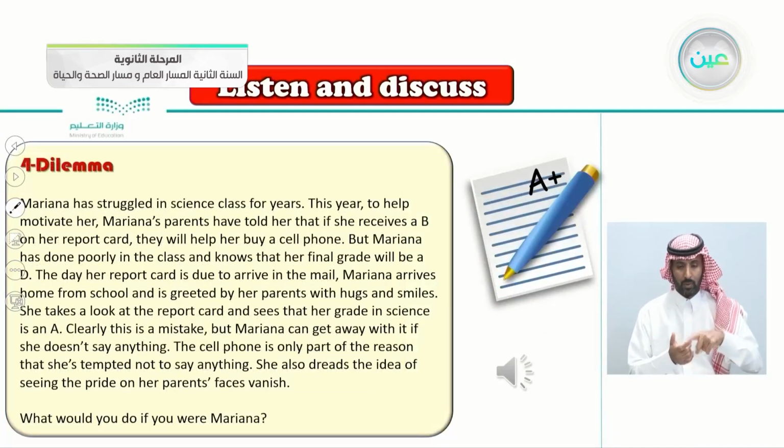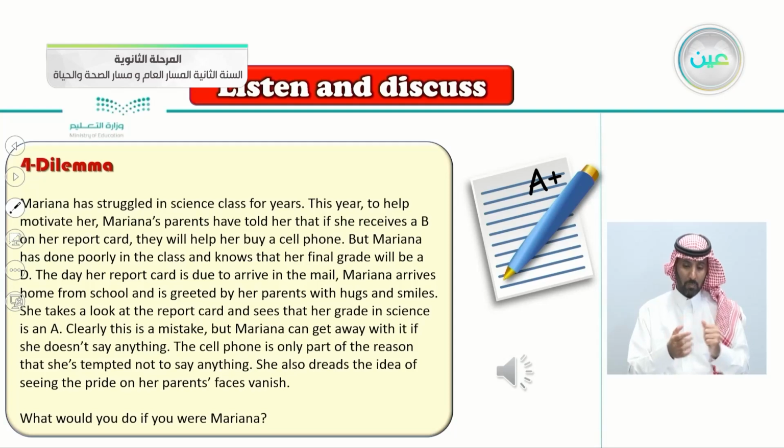Dilemma number 4. Mariana has struggled in science class for years. This year, to help motivate her, Mariana's parents have told her that if she receives a B on her report card, they will help her buy a cell phone. But Mariana has done poorly in the class and knows that her final grade will be a D. The day her report card is due to arrive in the mail, Mariana arrives home from school and is greeted